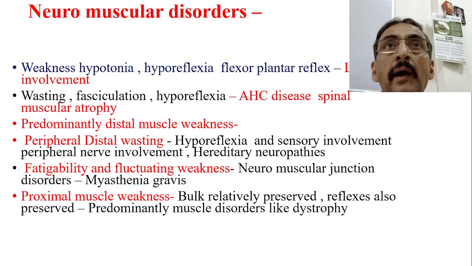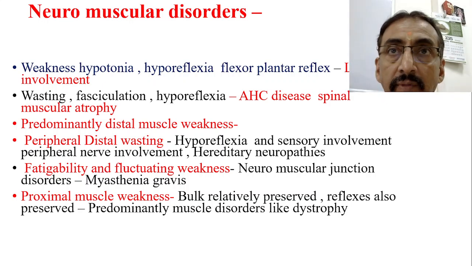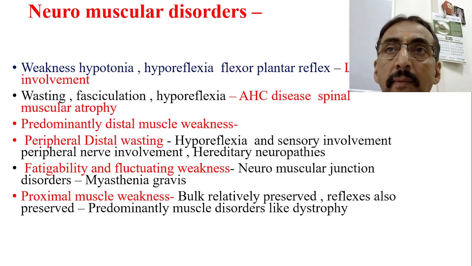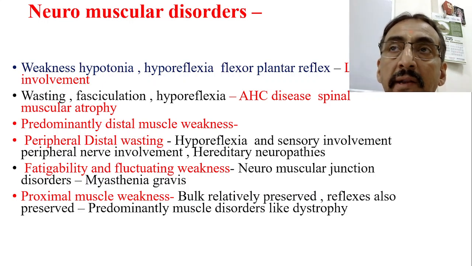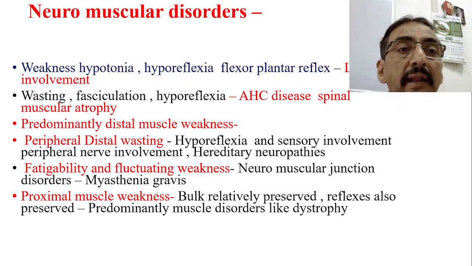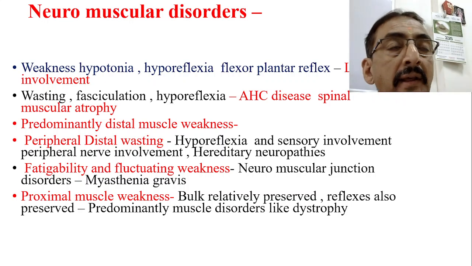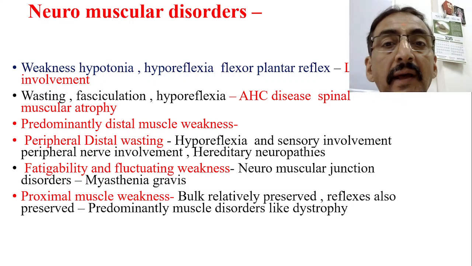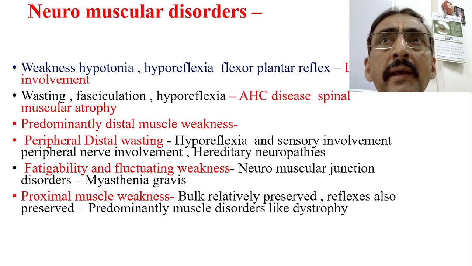Okay, now LMN, lower motor neuron lesion. That means the nerves are coming from the brain and then they get settled at the spinal cord level. From the spinal cord level, the second phase starts, and that is called the lower motor neuron, starting from the anterior horn cell of the spinal cord segment to the neuromuscular junction. So if the problem is in this lower motor neuron area, then the symptoms will be weakness, hypotonia, hyporeflexia and flexor plantar reflex, because this is a lower motor neuron